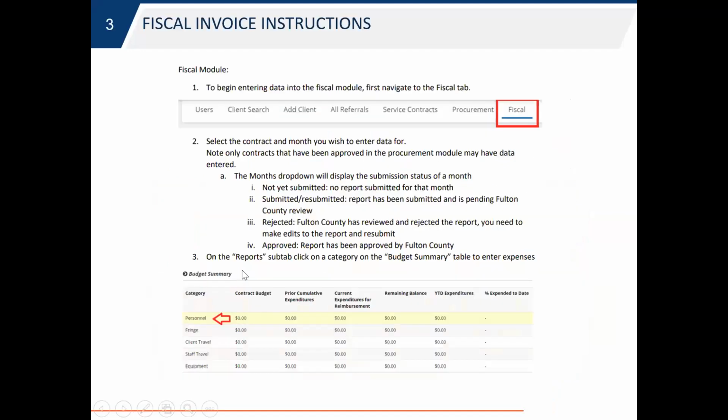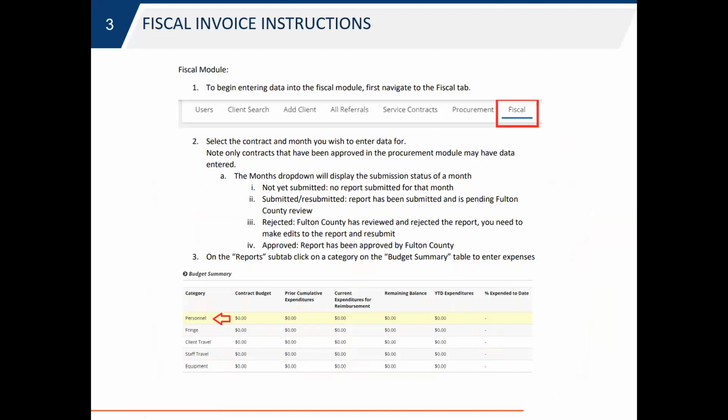So in this meeting, again, this is for fiscal. Previously, you have received an email from our office regarding the instructions for the invoice and how to enter those through the e2Fulton system. That information gives you a general outline of what is to happen and what you need to do in order to enter an invoice into the system. For any future questions you may have, you can refer to this,